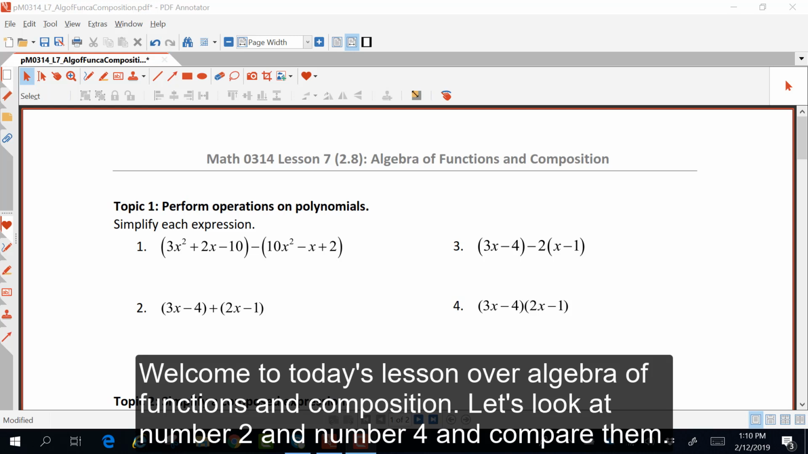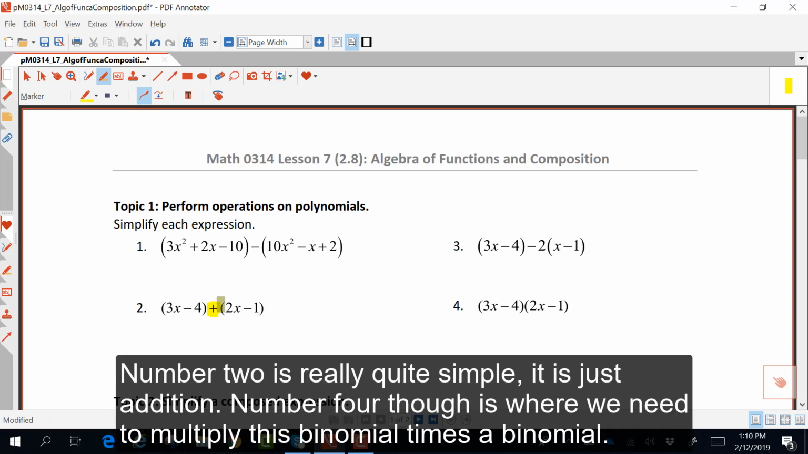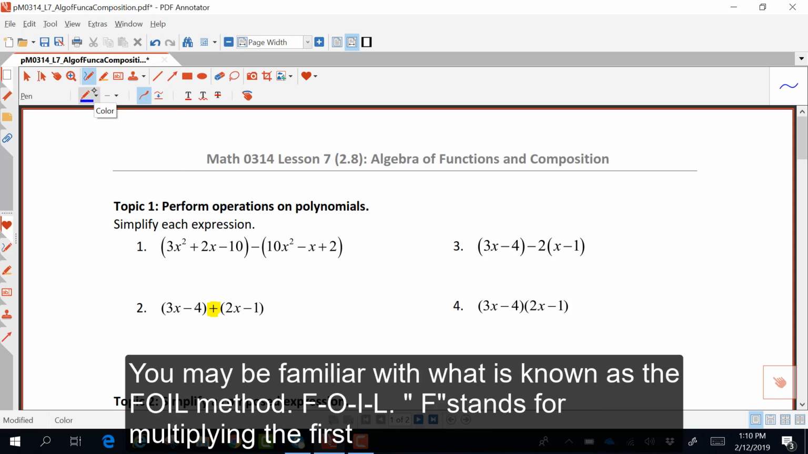Let's look at number 2 and 4 and compare them. If you look closely, they are almost identical with the exception of one symbol, which is that plus sign. Number 2 is really quite simple. It is just addition. Number 4, though, is where we need to multiply this binomial times a binomial, in which you may be familiar with what is known as the FOIL method,